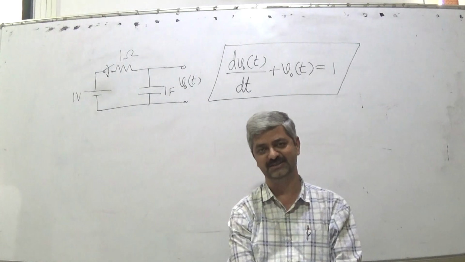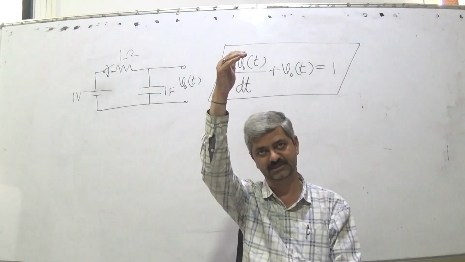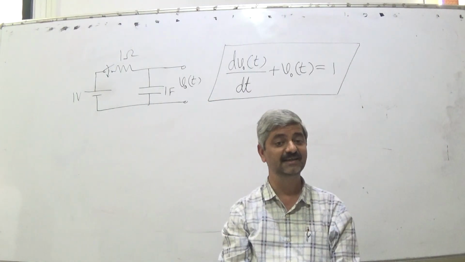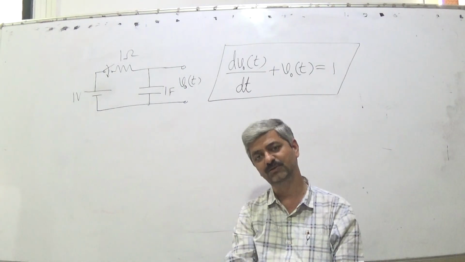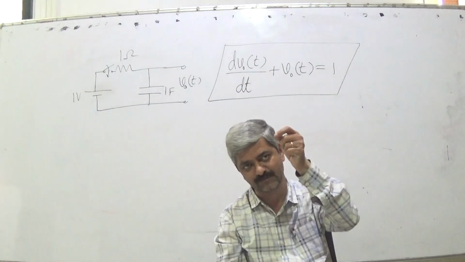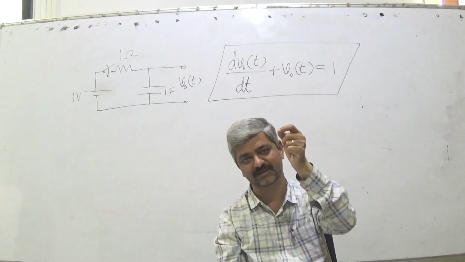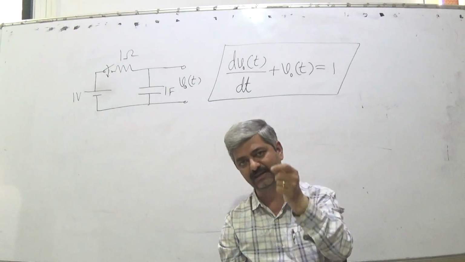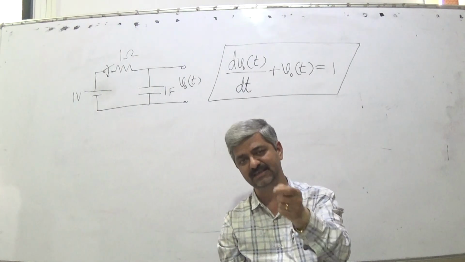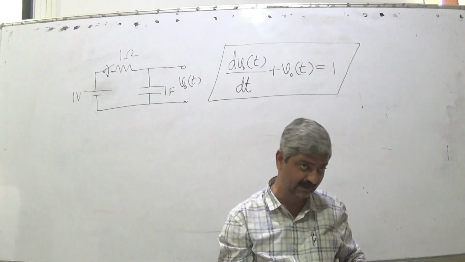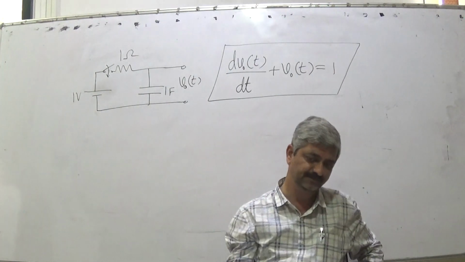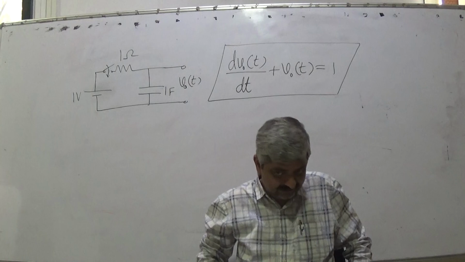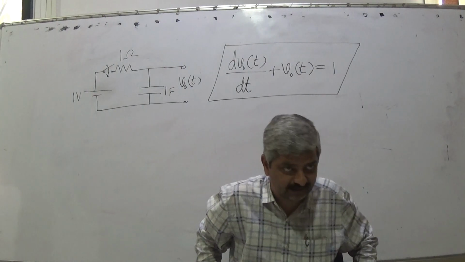Finding a derivative is the easiest. There is a straight, obvious method with which you can do it. Finding integration is somewhat difficult, but for the derivative you have the first principle: f dash x is equal to the limit as h tends to 0 of f of x plus h minus f of x, upon h. So whenever you are stuck, you can always find the derivative by using first principles. For integration it is somewhat more difficult.